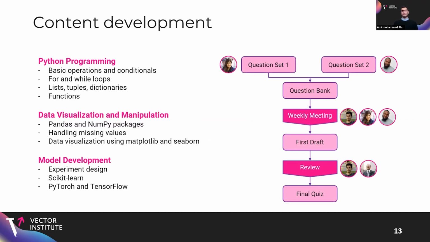And in terms of content development, we have already developed 3 major quizzes, which are Python programming, data visualization and manipulation, and model development. And to do that, we had a very systematic way of designing our content. The design of the content was done by 3 graduate computer science students, me, Ida, and Reginald, all from the PD team. And the way that we did it was Ida and Reginald would generate questions and create a question bank. After the question bank was created, we would meet weekly